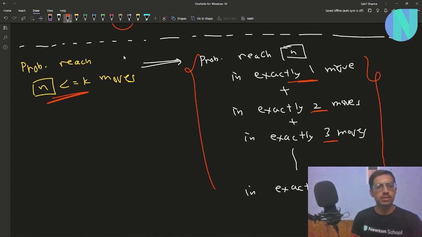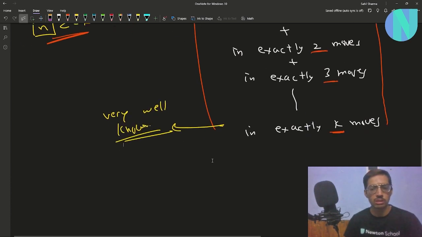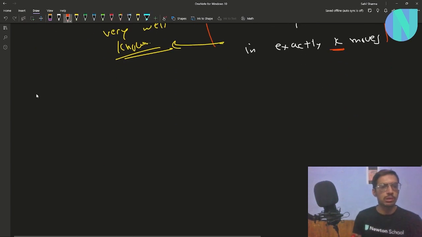So now the main concern is, why am I doing so? I am doing so because it will reduce the problem into a very well-known problem, right? This is a very well-known problem. How so? If you think about this, finding the probability of reaching cell n in exactly k moves,